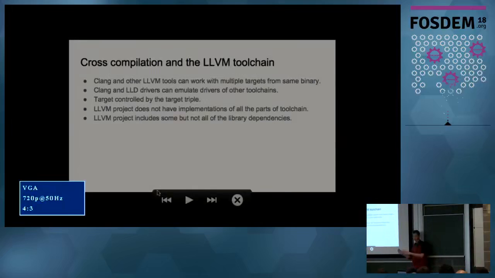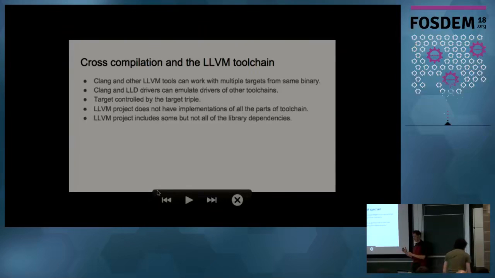unlike, say, a GCC toolchain, or cross-compilation toolchain that you might download, there's no such equivalent for LLVM as far as I know. There may be some companies that are attempting to bunch all of the libraries and everything up, but so far you can't just build the LLVM project and get, say, a C library, which is of course the most important missing component of that. You can get quite a lot of the tools from just downloading the LLVM binary release, but you can't get everything. And there's also some of the library dependencies aren't there. So, for example,